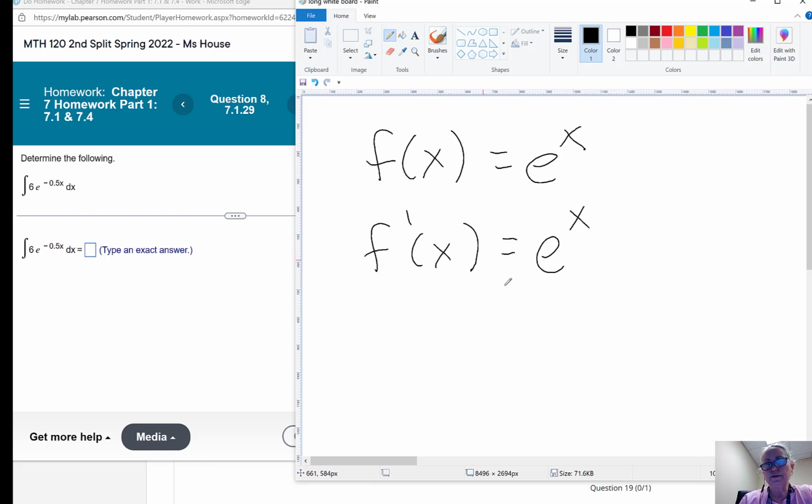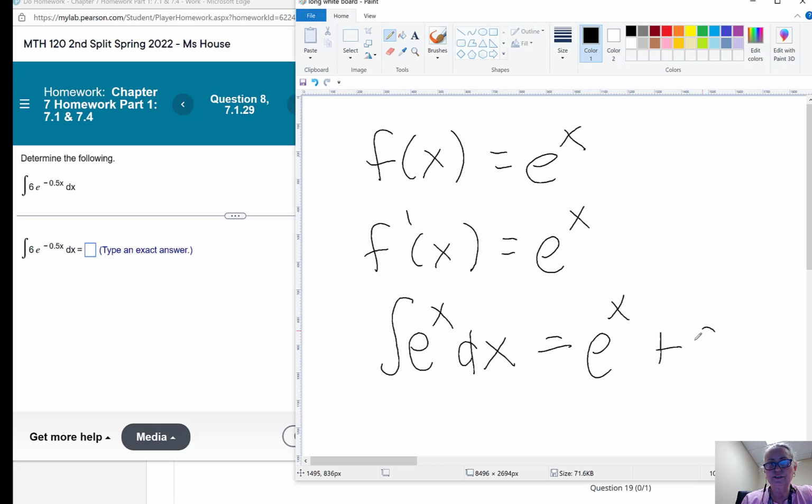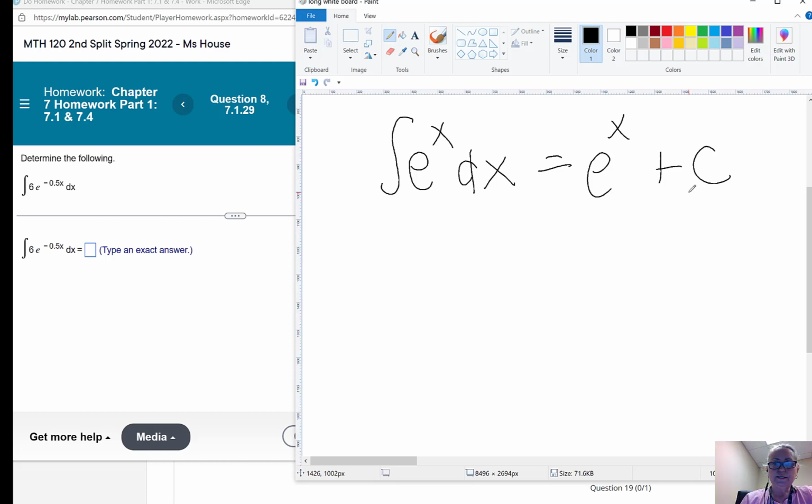That means if I take the integral of e to the x dx, my answer is e to the x plus c, because I'm going back to the original function, but I'm adding a constant just in case there was like a plus 2 or something on the end of that function. Now, if the original function was